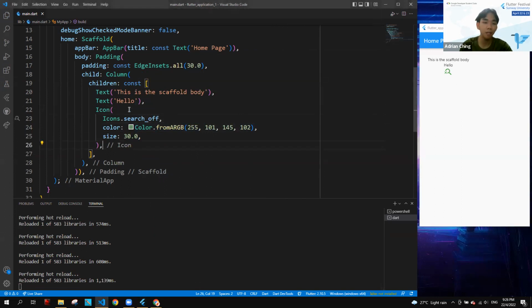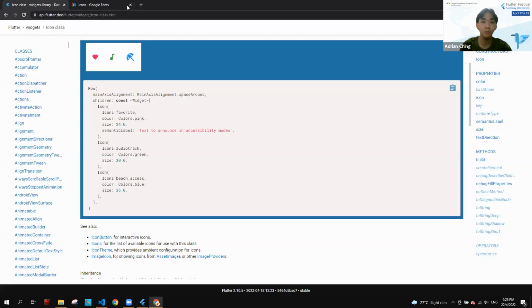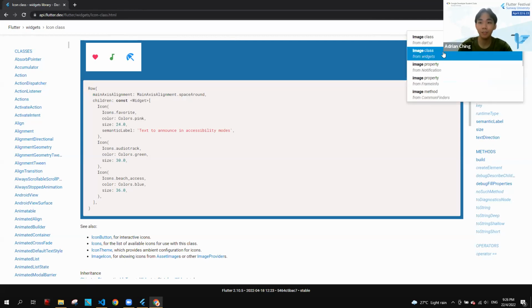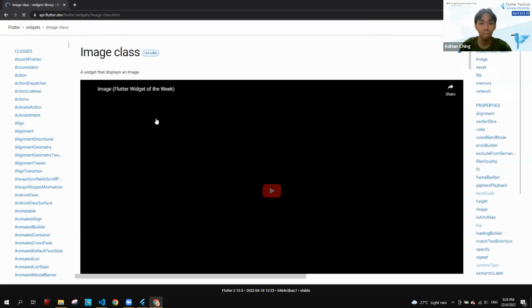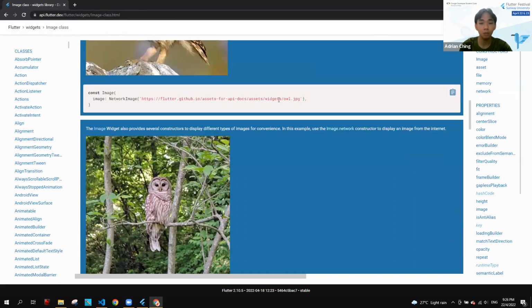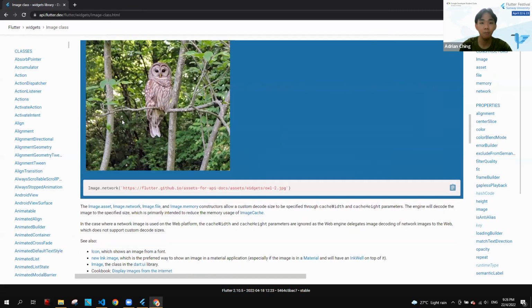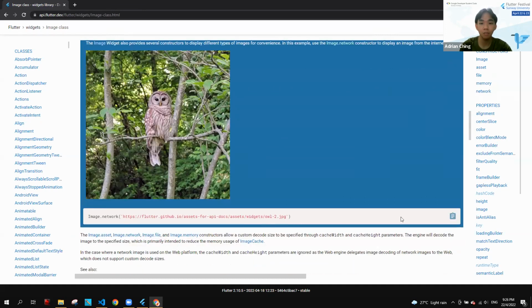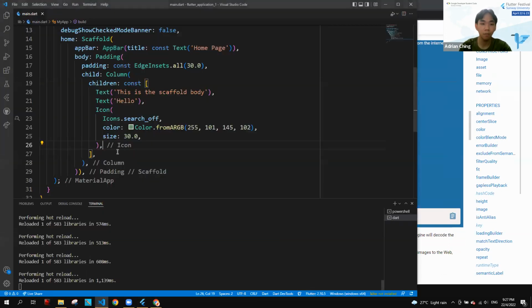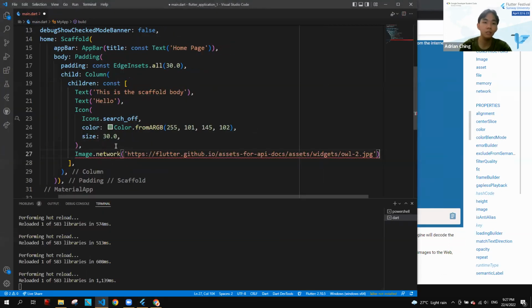Okay, moving on from icons, now let's add some image. Again, don't be afraid to Google, guys. Image. There are two ways to use image, either like this or like this, but for now we're just going to use this. Copy and just paste the whole thing in here as a widget.